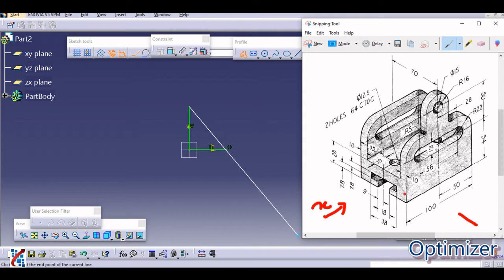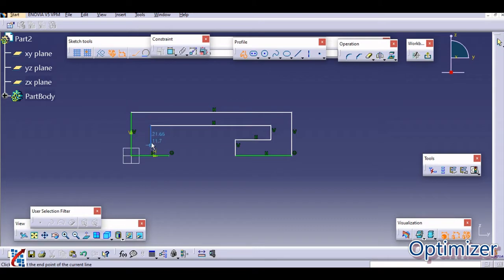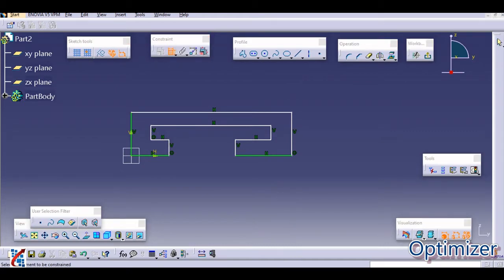I'm going to draw this profile, coming back down, and then we need to close this C section like this. Okay, and just double click here.